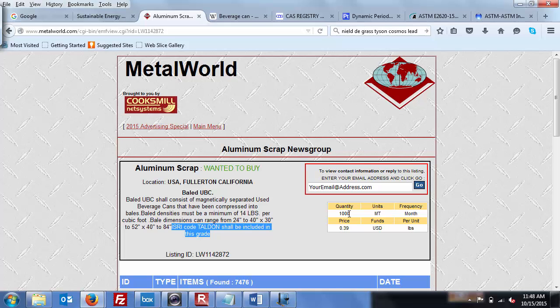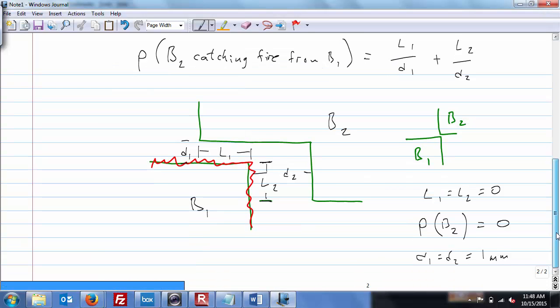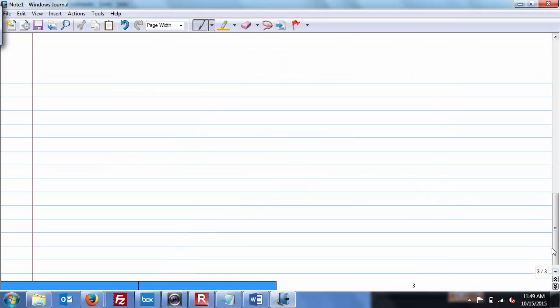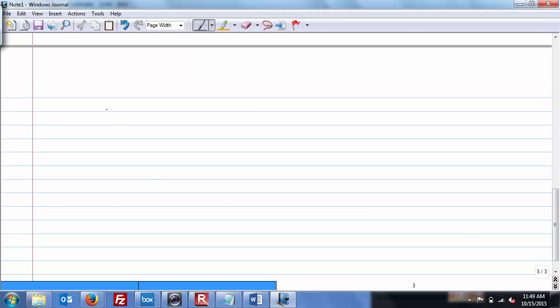Metric ton versus a ton, how much is that? Metric ton is 1,000 kilograms. Yeah. So how many pounds? 22. Yeah, let's take a look. So, 1,000 kilograms per month. So let's do this. 1,000. Let's write it out like this: kilograms